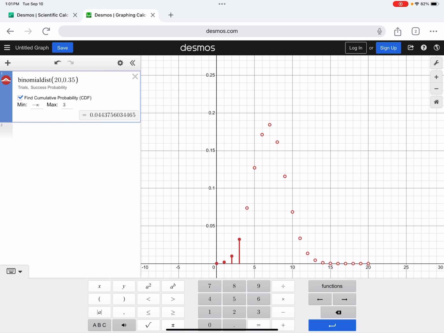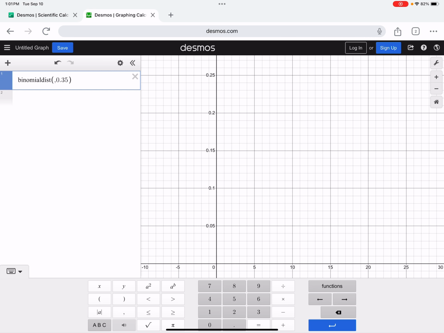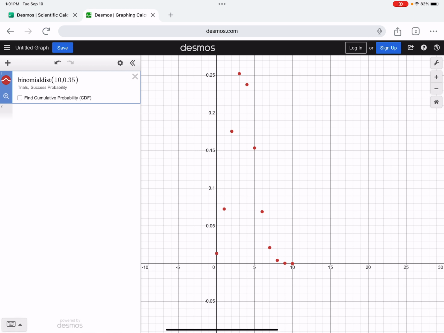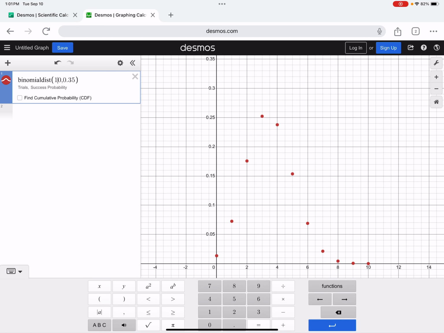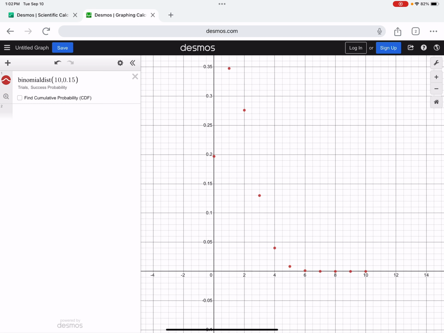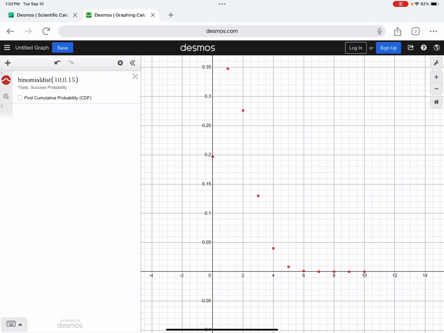Here we had a fairly bell-shaped distribution because n was somewhat large. Let me get rid of this cumulative thing. If n was 10 instead of 20, then you'll notice that this is not quite as bell-shaped as the previous one. Or if our probability of success was 0.15, again, it's kind of a skewed distribution now